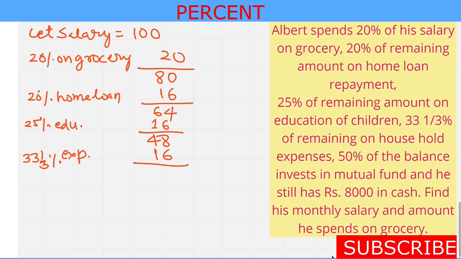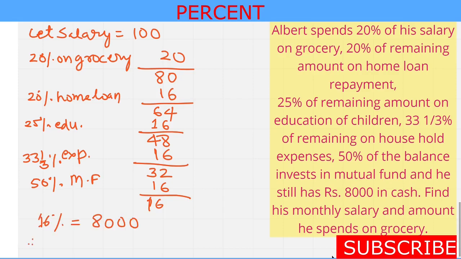Now remaining is 32. Now 50% of the balance. So the balance is 32, and 50% of the balance he invests in a mutual fund. 50% of 32 is again 16. So he is left with 16, and 16 rupees out of 100 is 16%. So 16% is 8,000. Therefore 100%